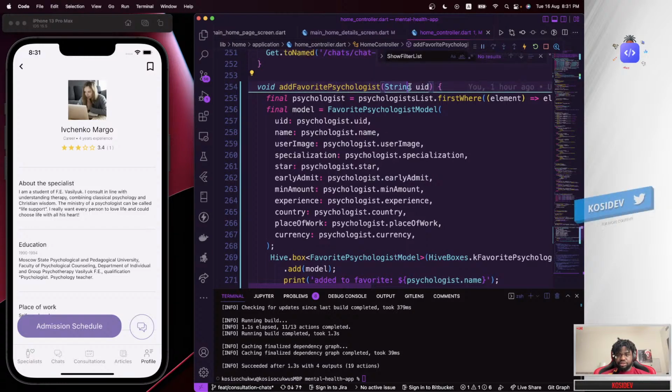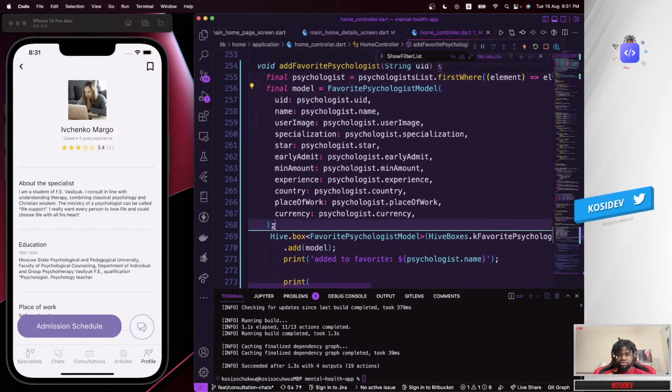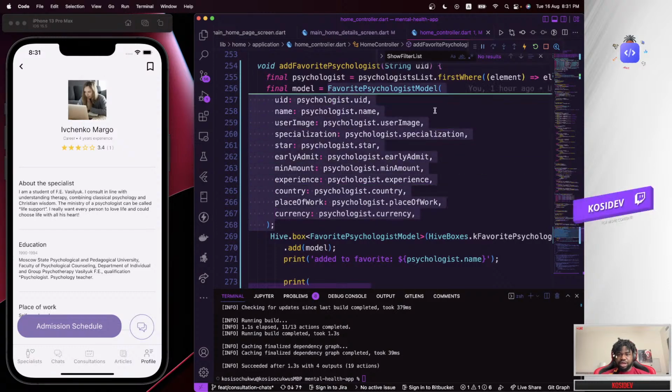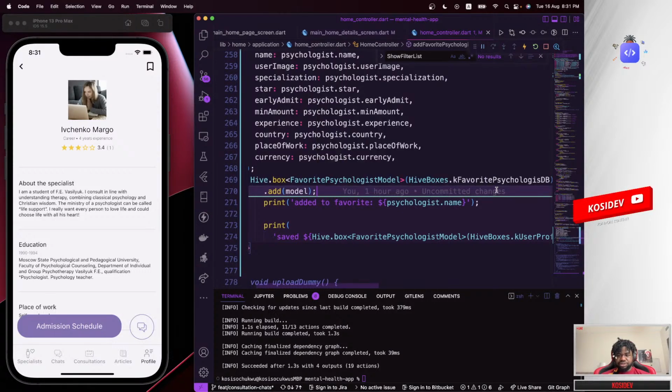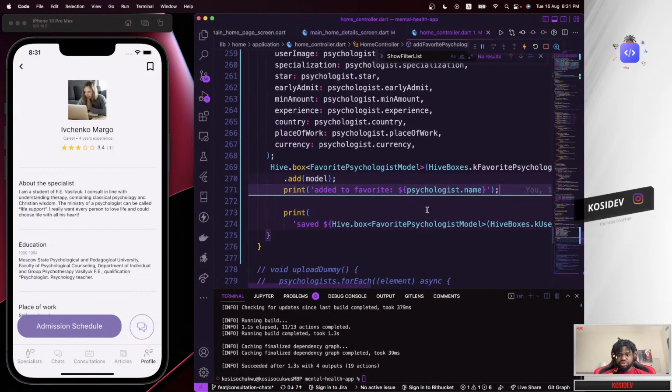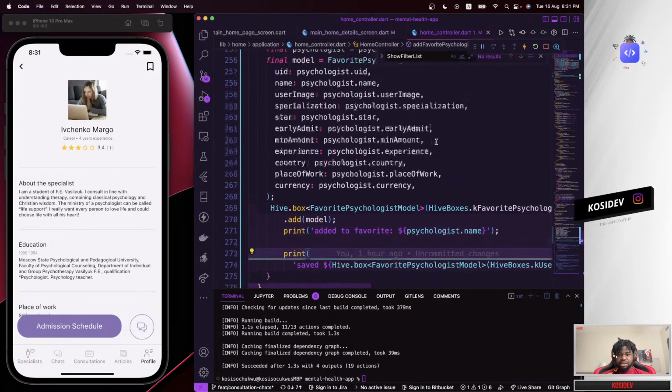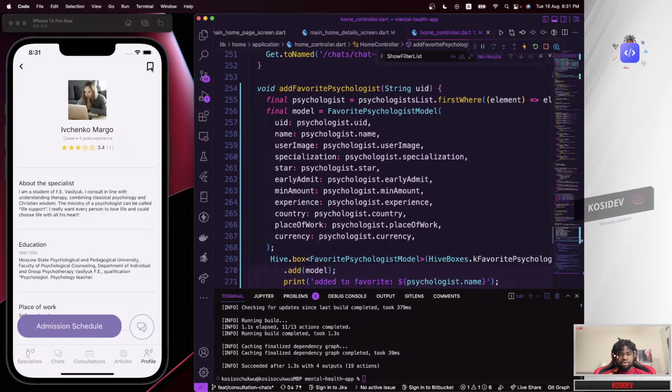So get hold of the psychologist UID and create a new model for the favorite psychologist, and then add that into our Hive boxes that we created for favorite psychologist. And there we go. So we want to test that out now. And again, we need to also